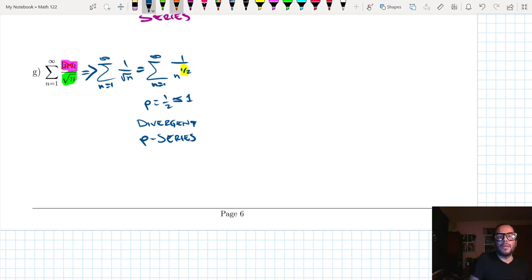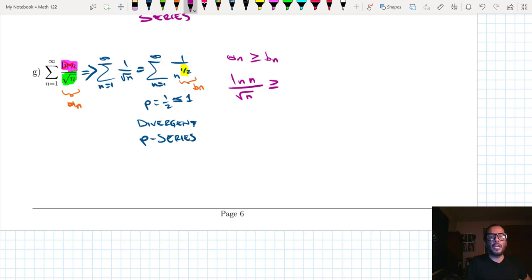So in this case, let's label our A sub n and B sub n. We are going to show that A sub n is bigger than B sub n. In other words, we are going to show that huge is greater than big. Okay, so is ln of n divided by the square root of n greater than or equal to 1 over square root of n? Well, in this case, it's true because